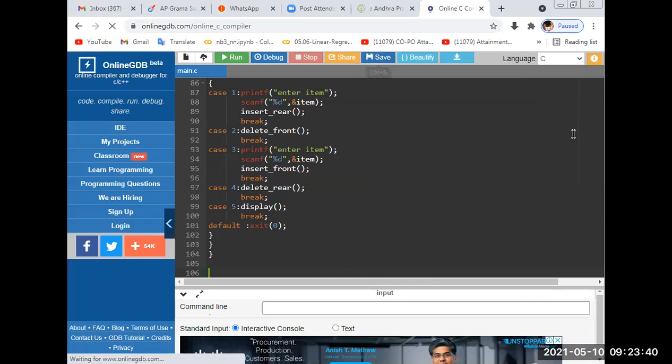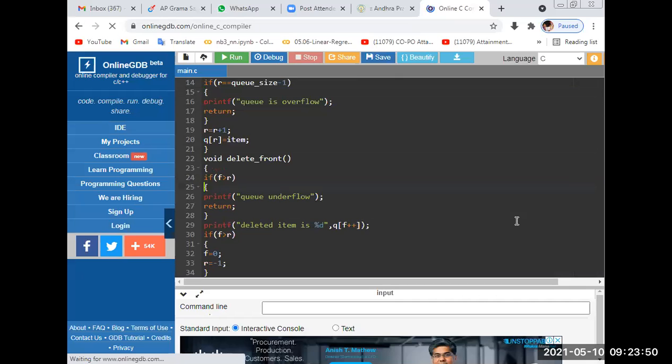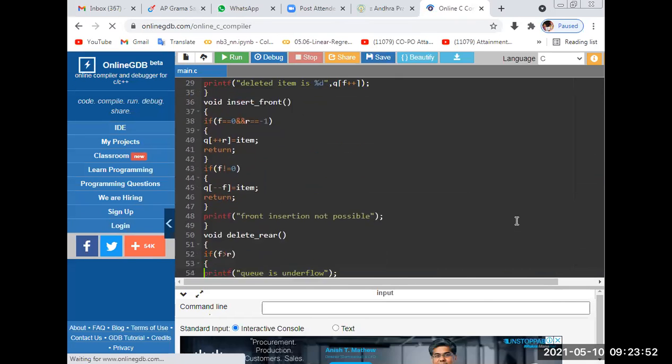Okay, students, screen is visible. Okay, see here, this is the program. Just I am running this program. So just check the cases here.